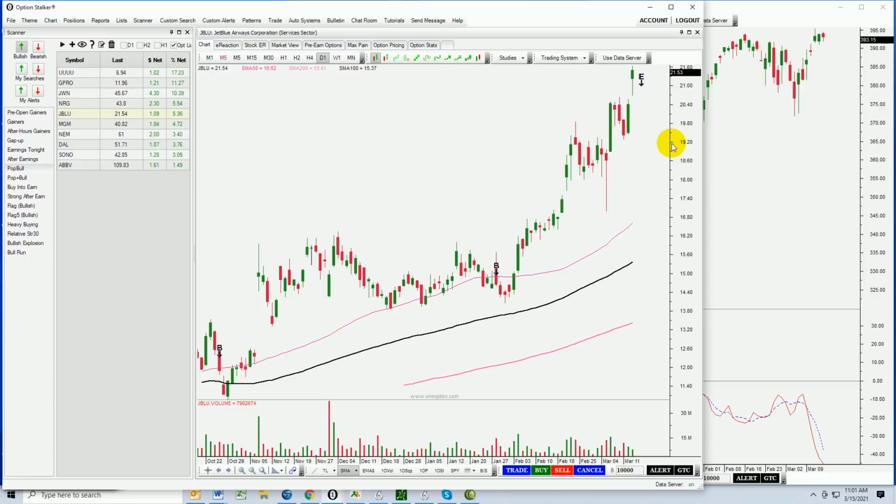You can't quite get 20 cents for it. I think it was 15 cents bid. I would want to get 20 cents for that spread. I think that's a nice one. So JetBlue, selling the 19/18 normal April expiration bullish put spread for a 20-cent credit. I like it, and that might as well be the trade of the day unless I see something else that